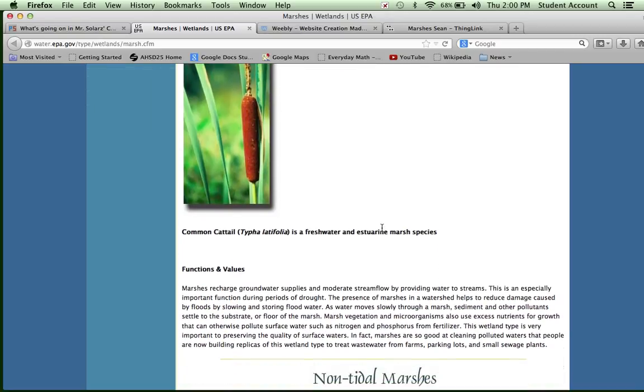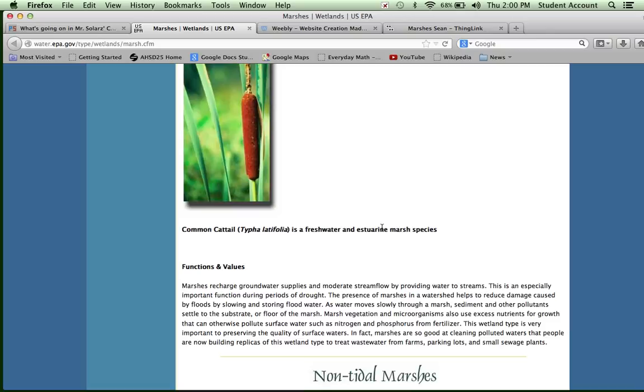Marshes recharge groundwater supplies and moderate stream flow by providing water to streams. This is an important function, especially during periods of drought, which is really bad. So the presence of marshes in a watershed helps to reduce damage caused by floods. It slowly stores floodwater, so it can protect towns if there was a